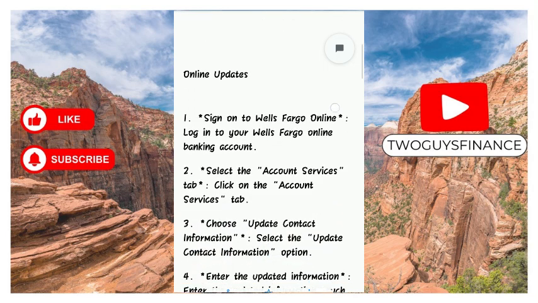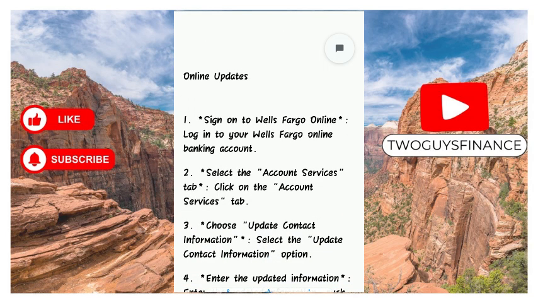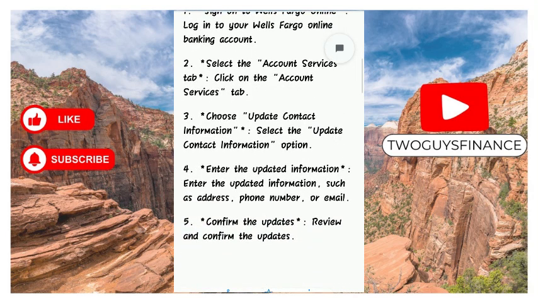How you want to do this is to log into your Wells Fargo online banking account, and then click on the account service tab, and then just select the update contact information option. Now you have to enter the updated information. That could be address, phone number, or a new email address, and then just review and confirm